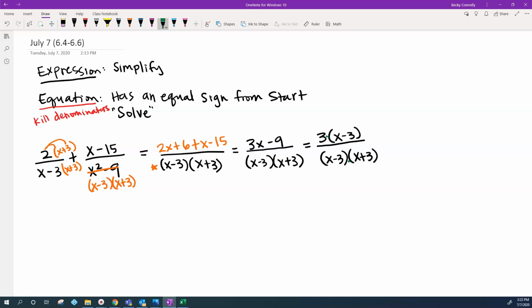And since everything's connected by multiplication, then we can divide things out, right? So I'm going to go ahead and kill this denominator with that part of the numerator, which will leave me with 3 on the top and x plus 3 on the bottom. Okay, and so that's where I get,